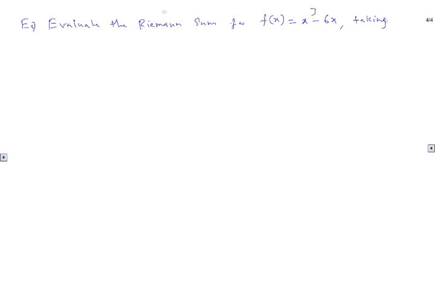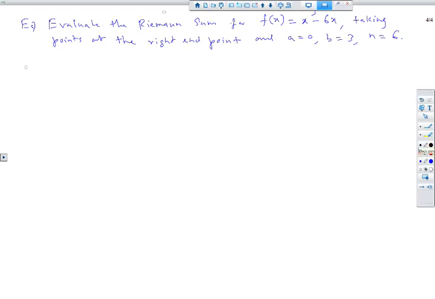Taking points at the right endpoint, and a equals 0, b equals 3, and n equals, let's say, 6. You will cut into 6 parts. Okay, so this is the kind of problem. So the answer,